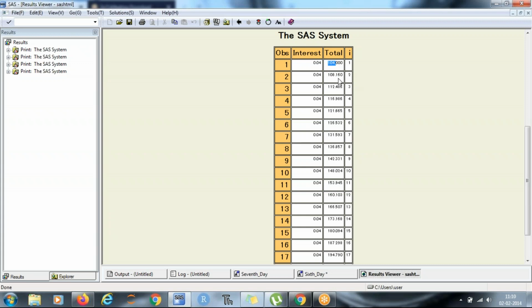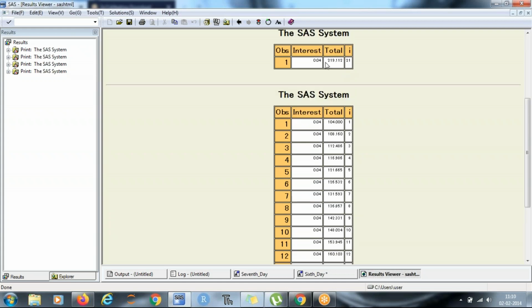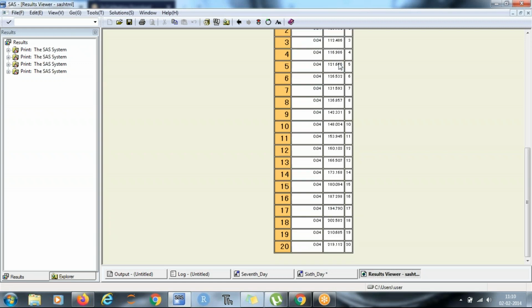Second year it is 108.16, 112.486, and this will keep on calculating the interest. And now do you see this is 20? So why previously were we getting 21, though the answer is the same, 219.112?